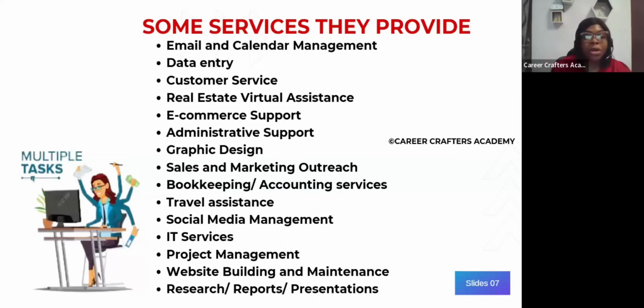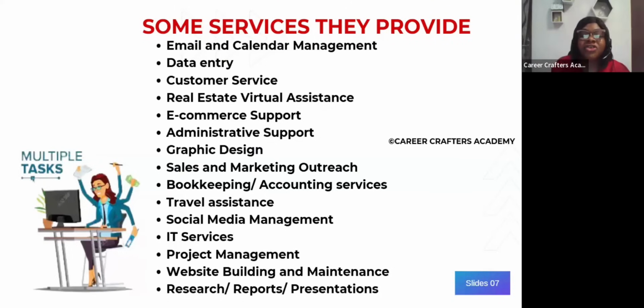So a few of them would be, we have people managing email and calendar for top CEOs. Just imagine Dangote. Dangote will not have a lot of time to be going through his emails or setting meetings with people. He needs someone to manage that for him. That is where people like me and you come in.